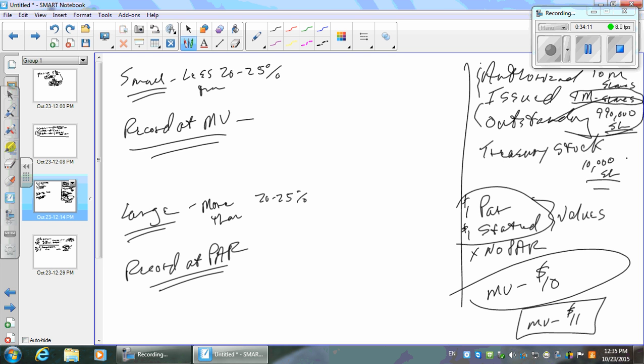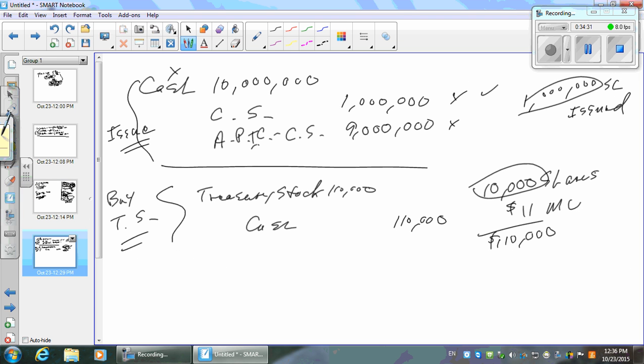Everybody got it? So when we start doing a cash dividend or a stock dividend, who are we going to give it to? The outstanding shares, right? Of course. Stock splits are different. There's stock splits too, okay? So there are a few things in this chapter, aren't there? Okay, so let's go back to this thing then, and let's finish up treasury stock a little bit.